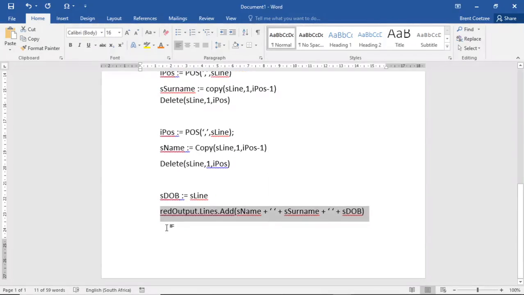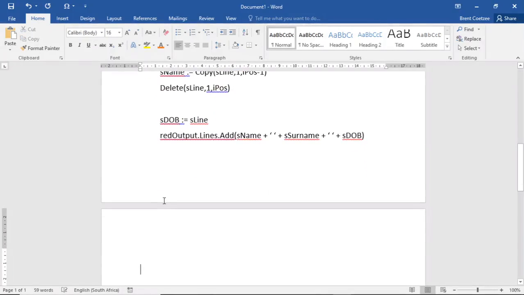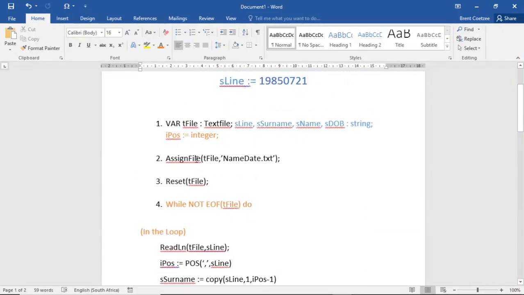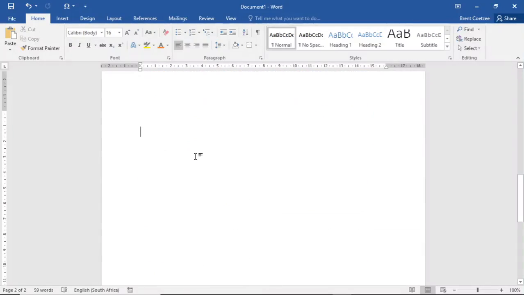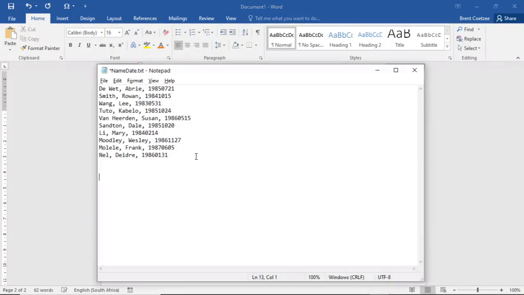So let's just have a quick glimpse at what our red output will look like. After line 1, it will say something along the lines of, the name was Avery, sorry, Avery, space, the vet, space, and the date of birth, which was